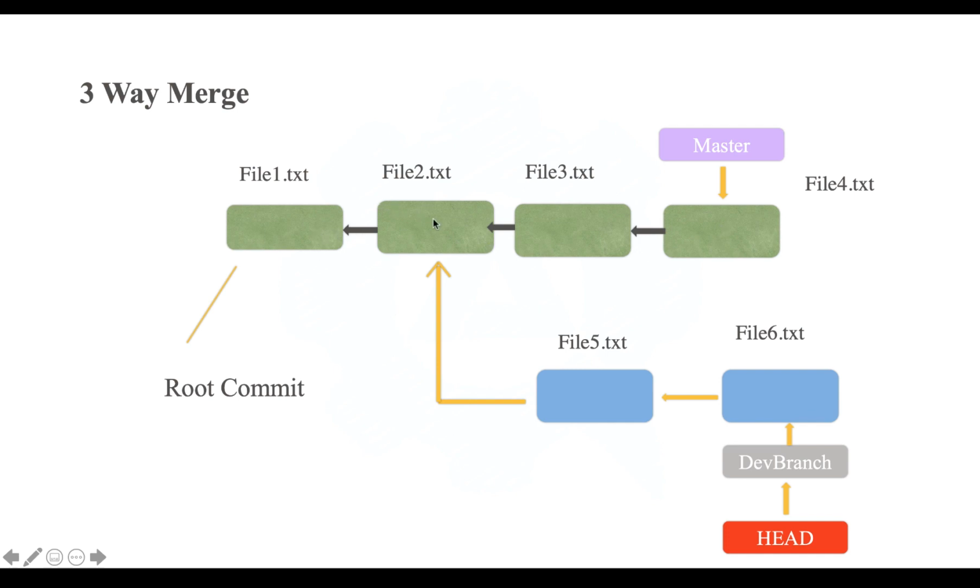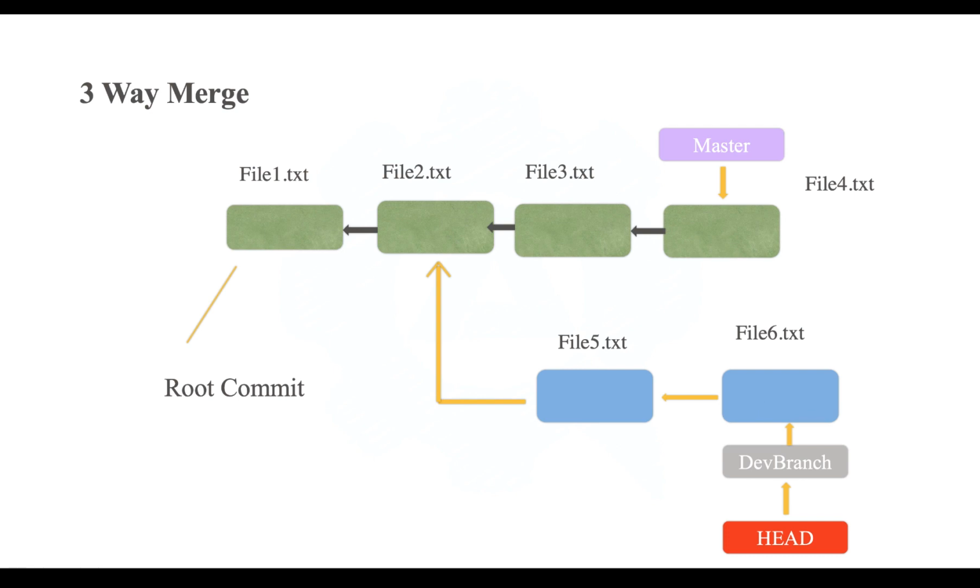At the second commit, the user decides to create a branch out of it, called the dev branch. In the dev branch, 2 commits have been made, shown in the blue section. Now if we do a merge operation in this case, it will be called a three-way merge. If these 2 blocks on the right-hand side were not present, and only the first 2 with file 1 and file 2 were present, then it would have been a fast forward merge. But since the master branch has commits after the point where the new branch was made, it becomes a three-way merge.